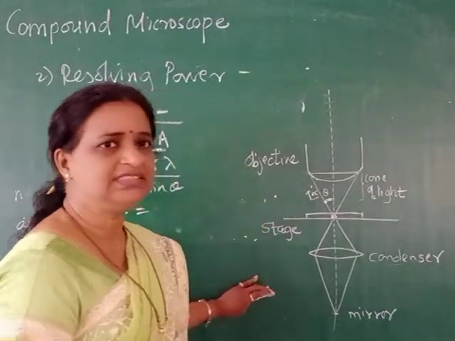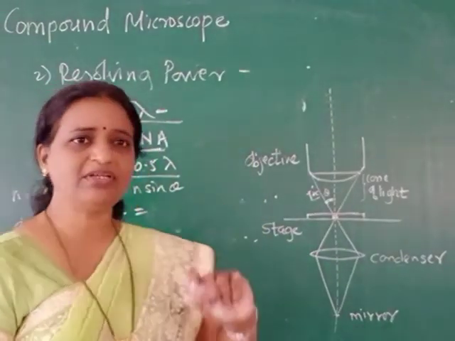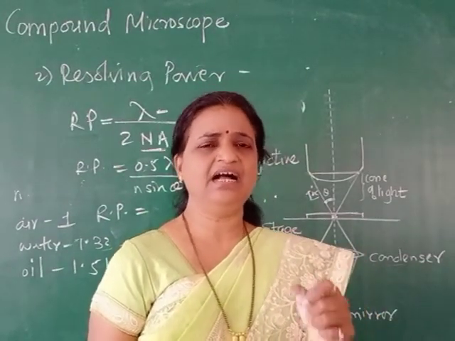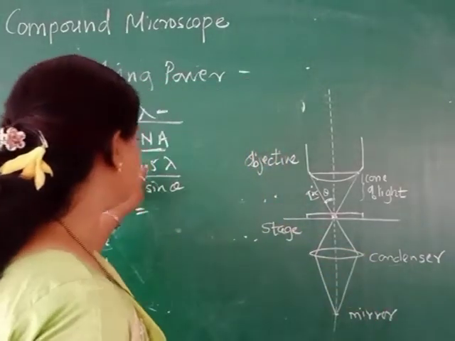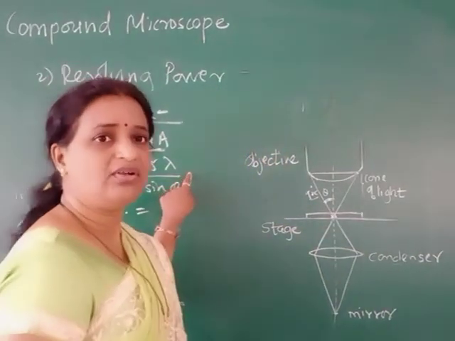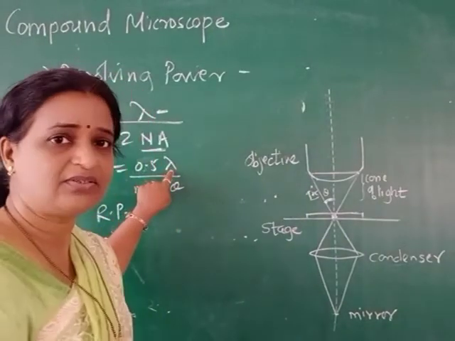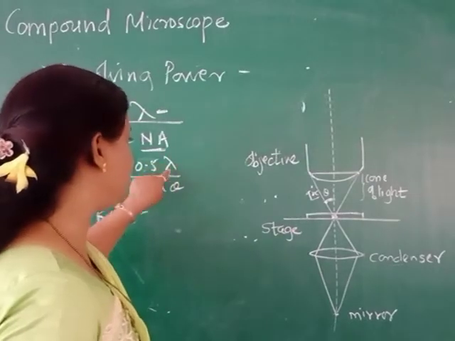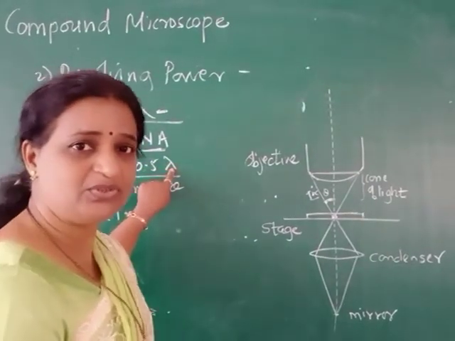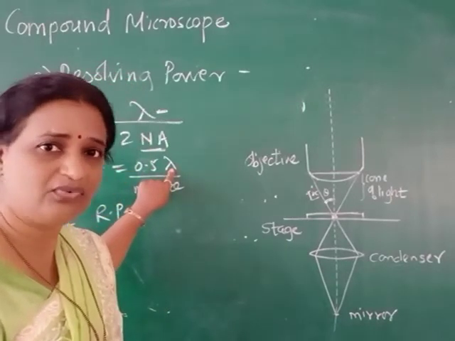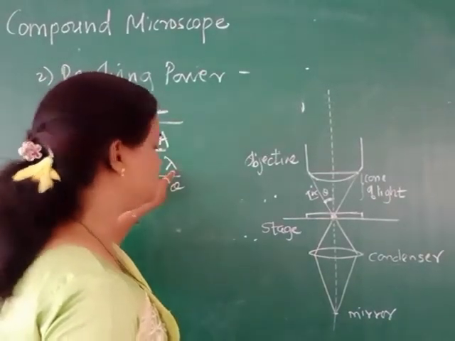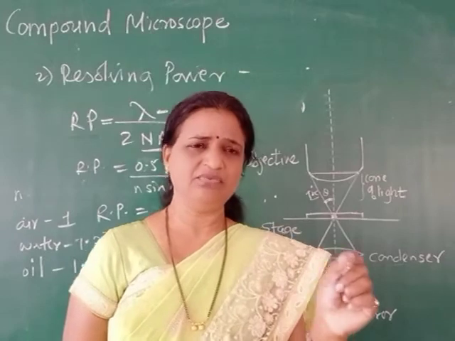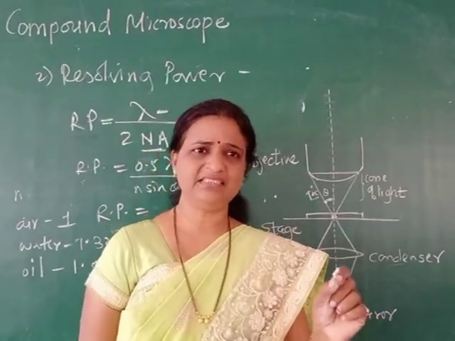So that is the concept of resolving power. In case of the electron microscope, the resolving power is 0.2 nanometer. Very high resolution is there, because in this case lambda is very small. In a normal microscope, lambda is 530 nanometer, whereas in the electron microscope an electron beam is used, and its wavelength is 0.005 nanometer. So very small wavelength, that is electrons, are used in the electron microscope, and that's why we get a very low value of resolving power, which is nothing but high resolution.